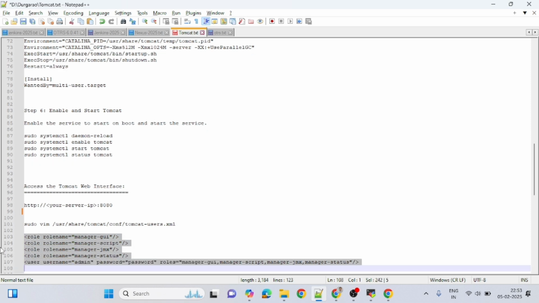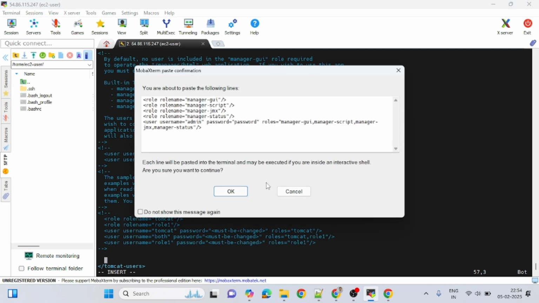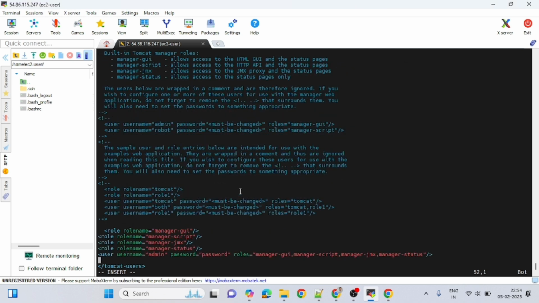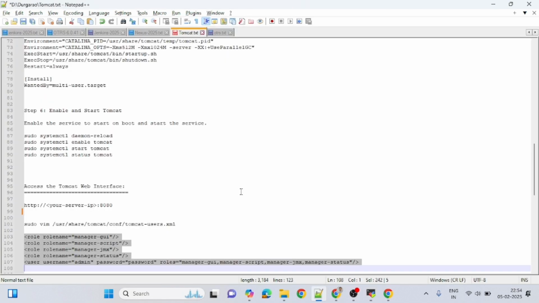I am creating the username admin and password is password. Let's create the Tomcat users here. Paste here. Okay. Save it. Okay. Right now I created the Tomcat users. Username is admin and password is password. Okay. So next steps are like,